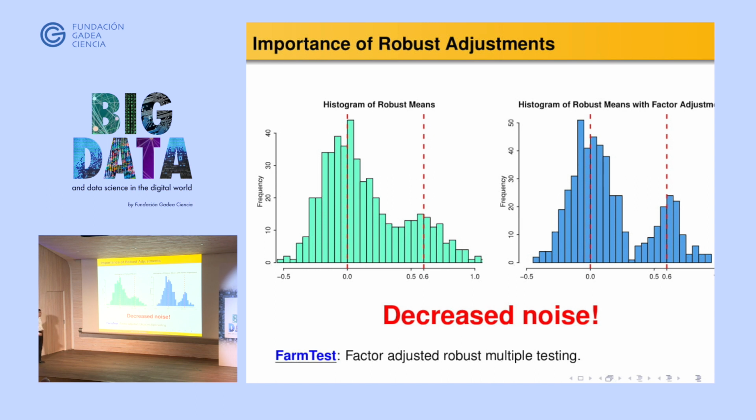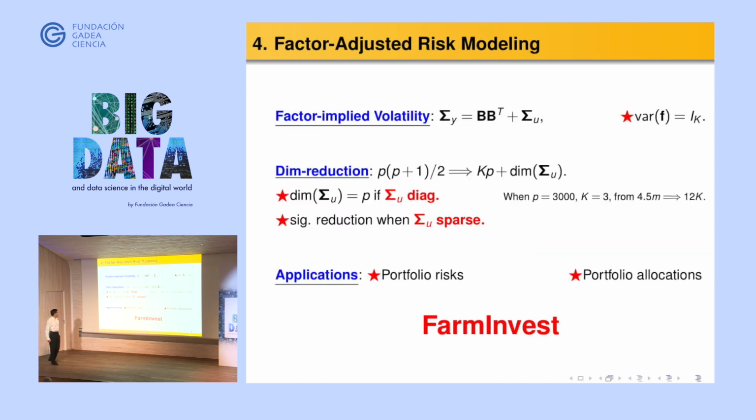And then we, of course, do everything here for you. It's very simple to use, right? It's called factor adjusted multiple testing. So you basically adjust the factor first and then do multiple testing. You not only control the false discovery rate correctly, but also increase the power of your test, or reduce the misdiscovery rate. And then, of course, the factor model can be used in low rank plus sparse models.